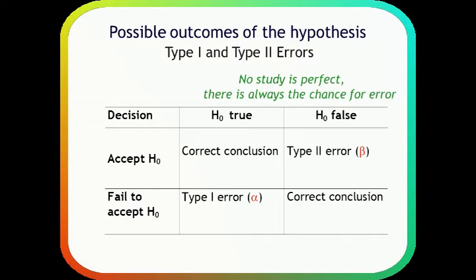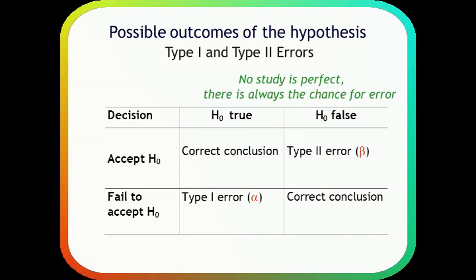Now you can see that there is alpha and beta. These are the two Greek alphabets which are here. They represent type 1 error and type 2 error respectively. So alpha is nothing but type 1 error and beta is nothing but type 2 error. So these are the different outcomes which are likely when you do hypothesis testing. If you accept the null hypothesis when true, or you fail to accept it when it is false, you have it done correctly. But in scenarios wherein you do the other way around, you commit a type 1 or a type 2 error, depending on what conclusion you have come to.